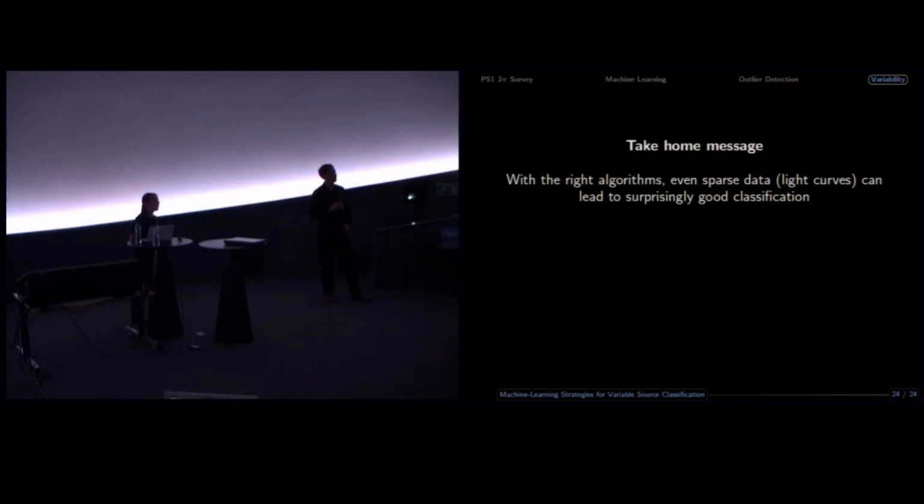But how do you determine what is the correct outlier and what is not a correct outlier? Because that's one of the trickiest questions. We are determining this from our training set data during validation, and we're determining this from K and G stars, where we assume there is no or not much variability going on, because many of the RR Lyrae stars and also other sources within the PS1 3Pi survey are observed for